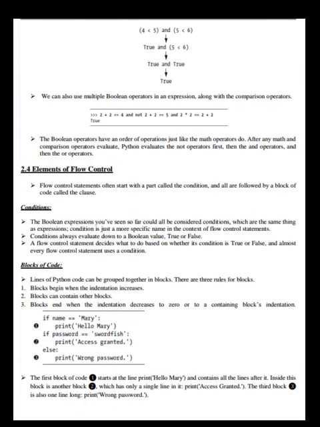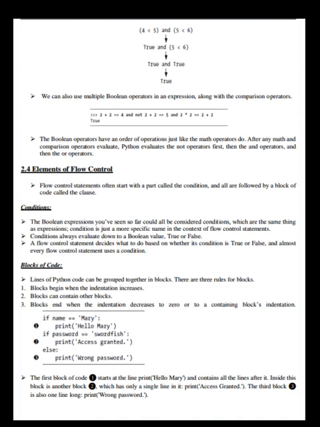The Boolean operators have an order of operations just like the math operators do. After any math and comparison operators evaluate, Python evaluates the not operators first, then the and operators, and then the or operators.